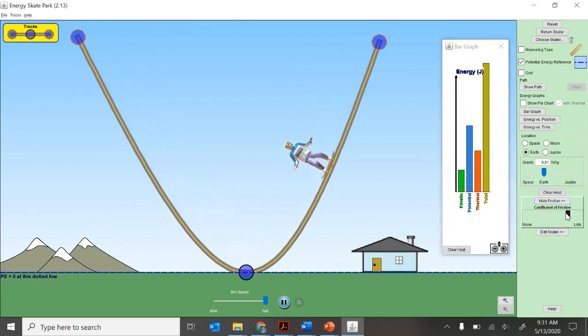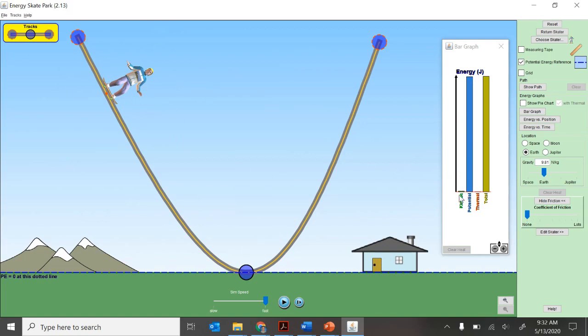You can turn this into lots of friction, and we just know by experience that eventually the skateboarder is going to come to a stop. For now though, I'm going to turn friction off, get the skateboarder going, and just pause it in a couple of spots. So at the very top of this motion,